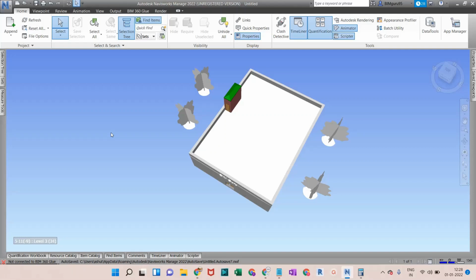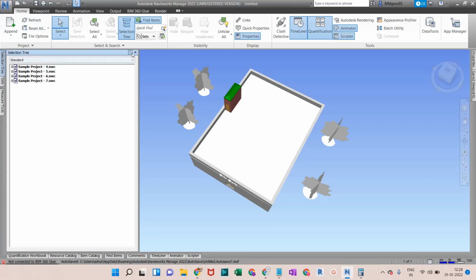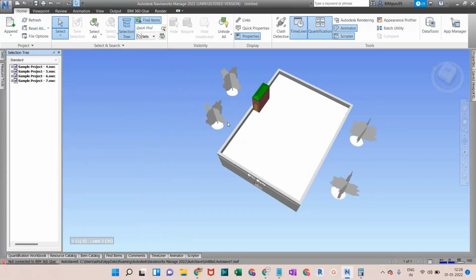All those software can extract the NWC format, and multiple NWC files will be appended here in Navisworks, and then we can create an NWF file by saving that file set. But always remember, an NWF file is totally dependent on these NWC files. If you delete any NWC file, it will not be reflected in your NWF.